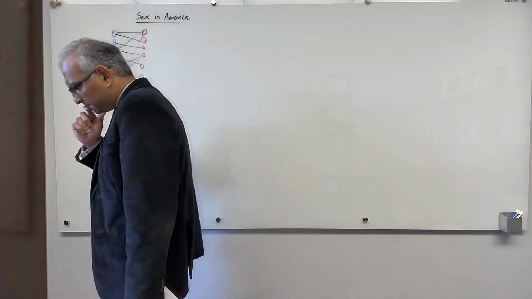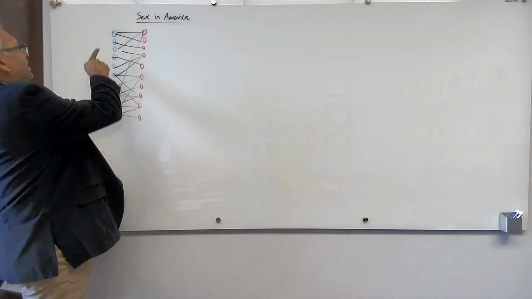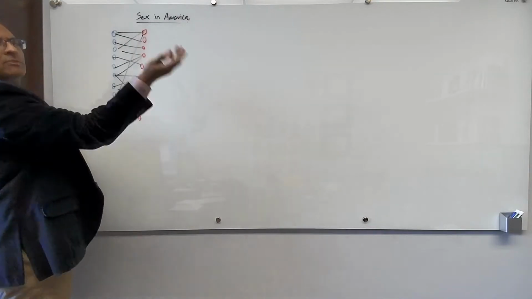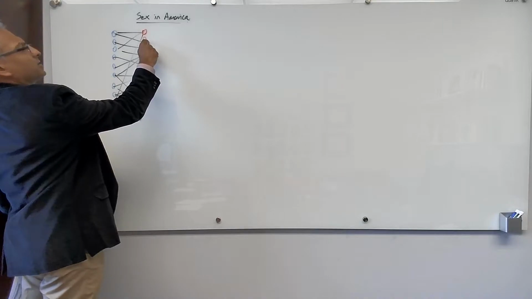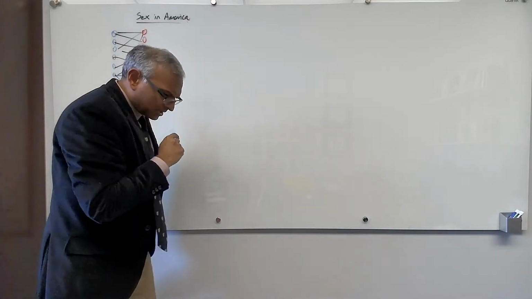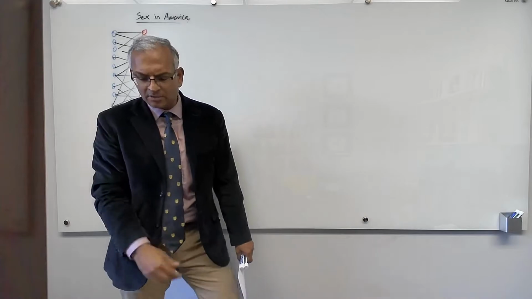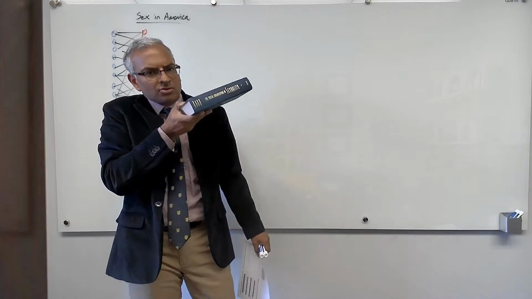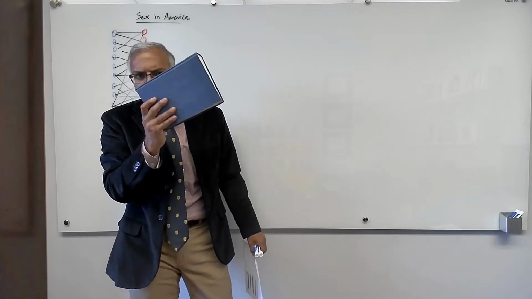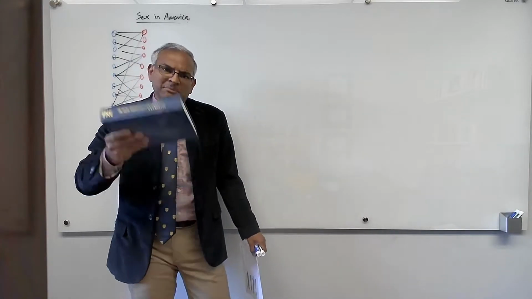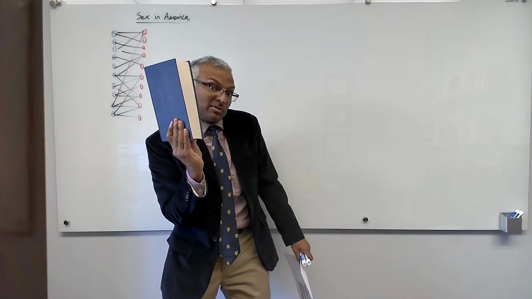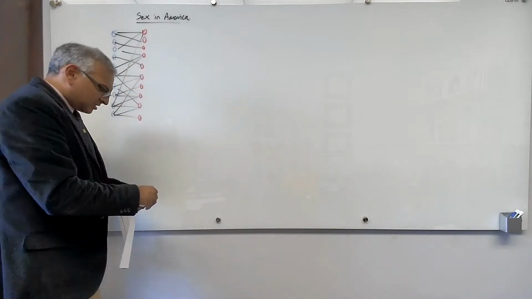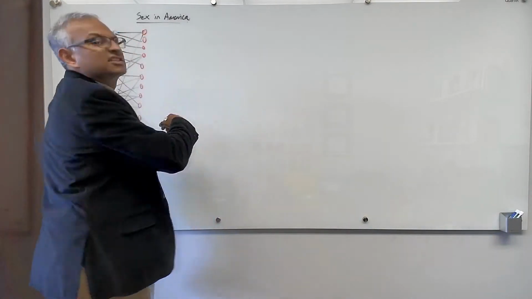And so we can go and do a survey, right? We can ask this person, how many partners do you have? 2. How many? 1, 2, 1, and so on. And we can do the same thing to the women. How many partners? 3. Partners? 1, 1, 3, 1, and so on. This survey has been done many times, and the one I'm going to be referring to is in this very thick book called The Social Organization of Sexuality, and they came out with a survey and a conclusion that made the headlines. So I'm going to summarize this thick book for you, or at least the part that we're going to be interested in. When they did this survey, they found, and this is what made the headlines,